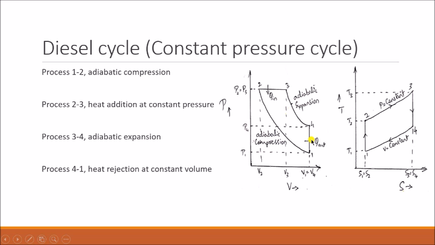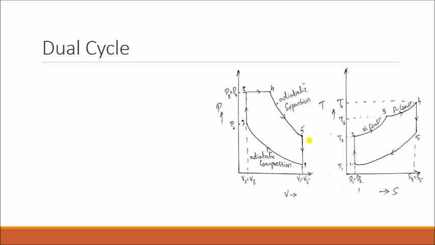So next we'll go through the final type of cycle, what we call a dual cycle. This dual cycle is a combination of the petrol, that is Otto cycle, as well as the diesel cycle. In the sense, the heat is added partially at constant volume and partially at constant pressure. So actually how that process takes place, we'll just see here. The same process is explained using PV and TS diagrams.